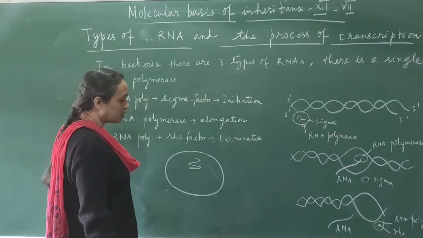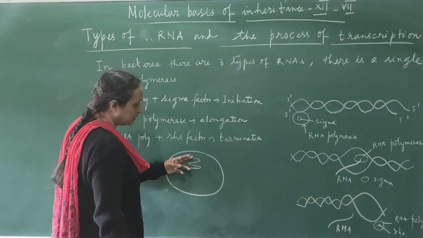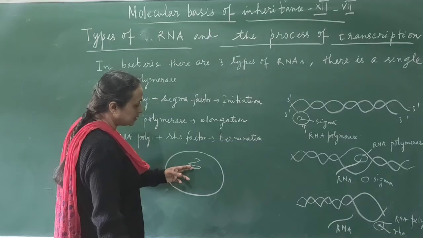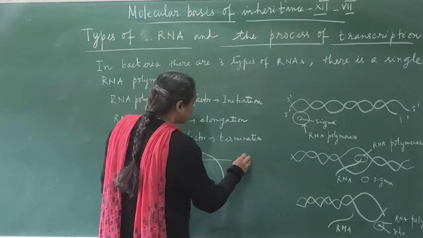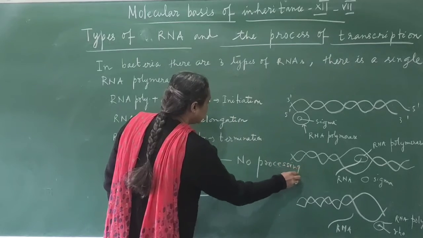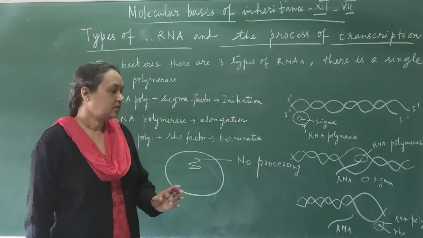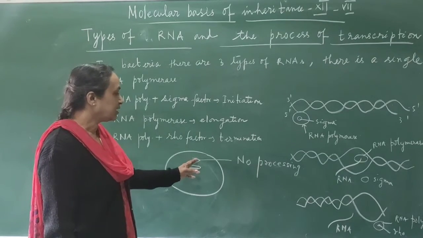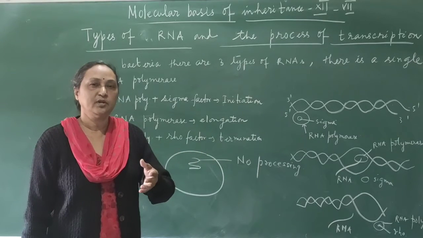Okay, so in the prokaryotes the process starts, then you can see that after the initiation there is an elongation and the termination process taking place, and the RNA molecule which is produced, there is no processing. डायरेक्टली जैसे RNA मॉलिक्यूल्स का जो फॉर्मेशन हो रहा है ये डायरेक्टली आपका ट्रांसलेशन प्रोसेस में एंटर कर जा रहा है। ठीक है, तो यहाँ पर कोई डिमार्केशन नहीं है न्यूक्लियस और साइटोप्लाज्म के बीच में, तो यहाँ RNA मॉलिक्यूल फॉर्मेशन हो रहा है और फिर वो ट्रांसलेशन प्रोसेस में पार्टिसिपेट करके प्रोटीन या पॉलीपेप्टाइड को सिंथेसाइज कर रहा है.